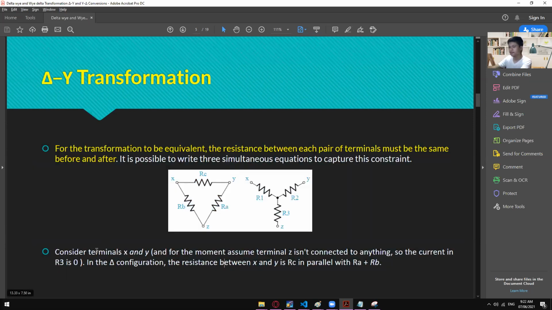In here, consider terminals X and Y, and for the moment, assume terminal Z isn't connected to anything. This is just the analysis. Let's say that for now, we don't have a connection on Z. If we don't have a connection on Z, then we can say that X and Y are in series connection. I guess this will just confuse you, but anyway, this is the analysis that they've come up with on how to